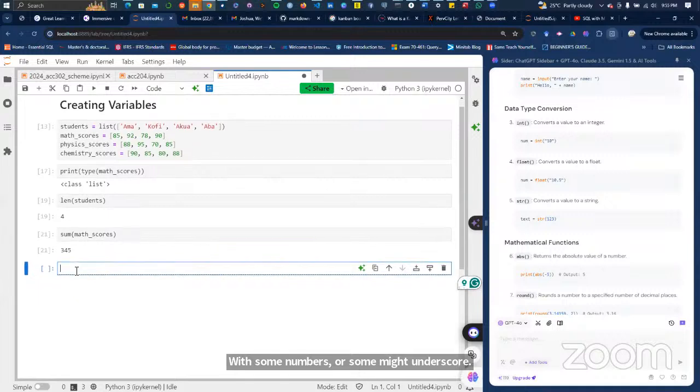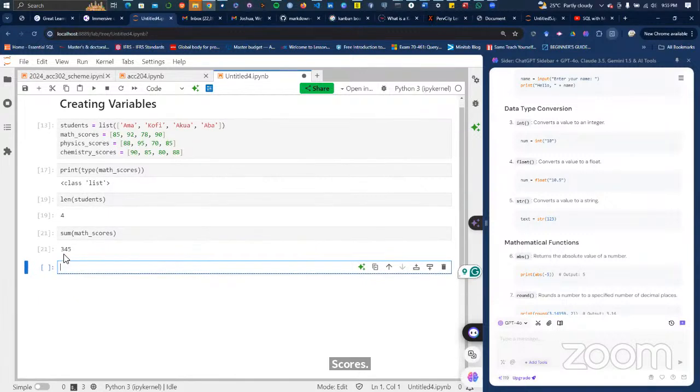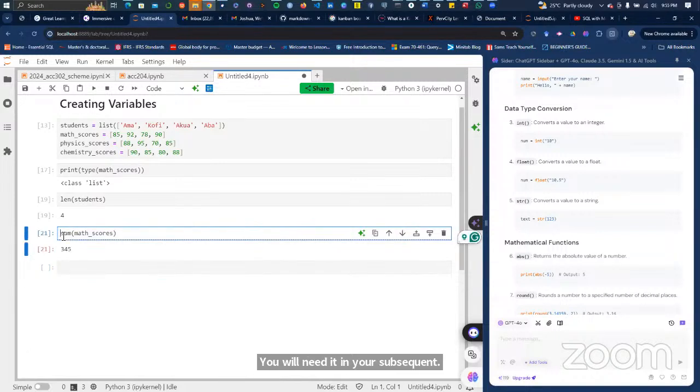And it says it's a total of 345. But usually, calculation you perform, you will need it in your subsequent coding. And when that is the case, we always store some of these intermediate calculations into variables so we can call the variables later.